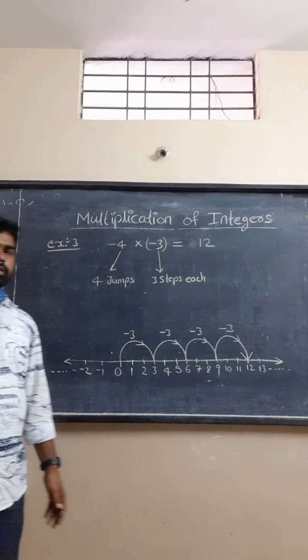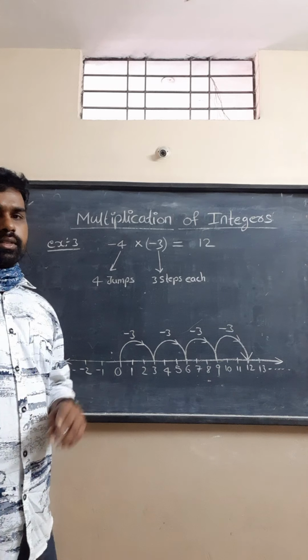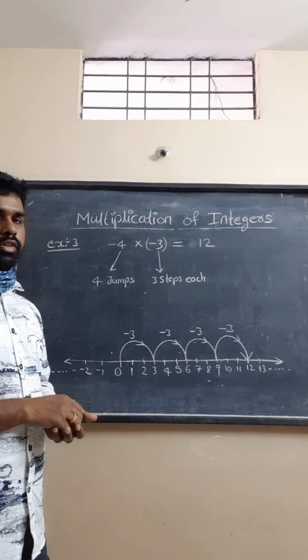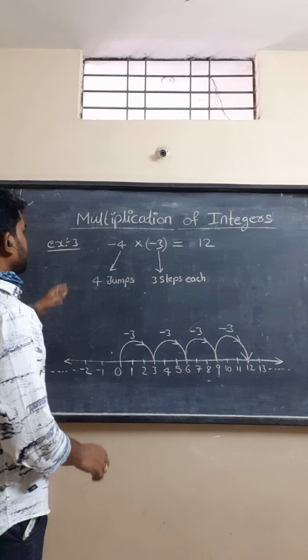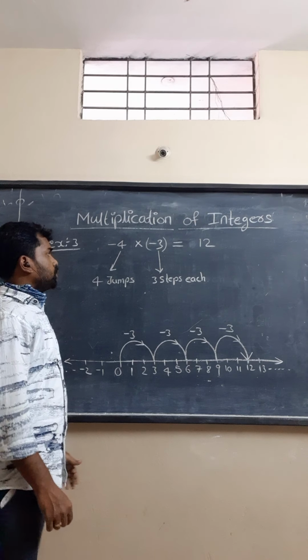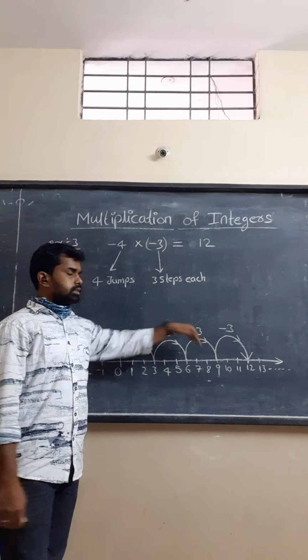So what we have observed from these 3 examples, in the first example, the curve is moving to which direction? The curve is moving towards the right side. Correct? If you are taking the two positive integers, the curve is moving towards the right side. In the second example, what you have observed? The curve is moving towards the left side. In the third example, again if you take the two negative integers, the curve is moving towards the right side only.